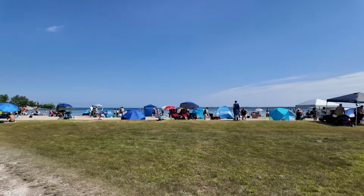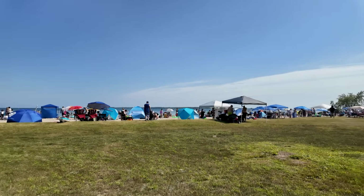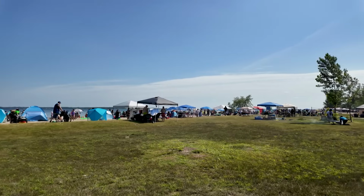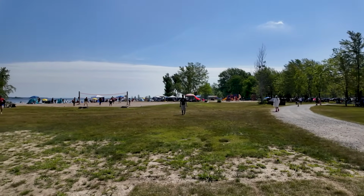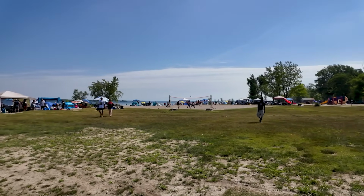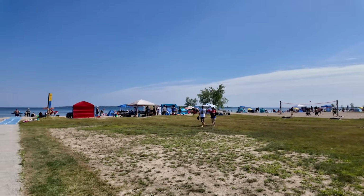It's just before 11 o'clock and the beach is already absolutely packed here. The parking lot is packed. There are tents and umbrellas everywhere. It's going to be a very hot day, so looks like lots of people want to spend it at the